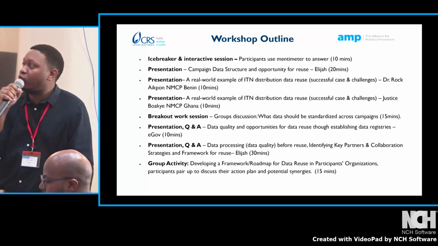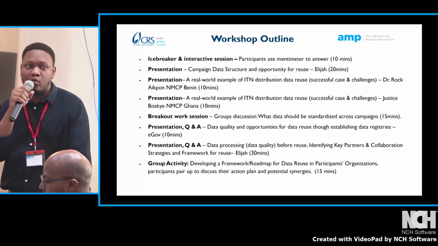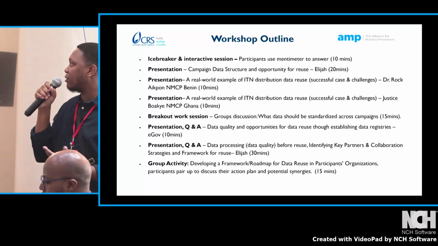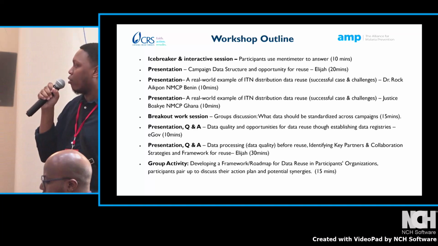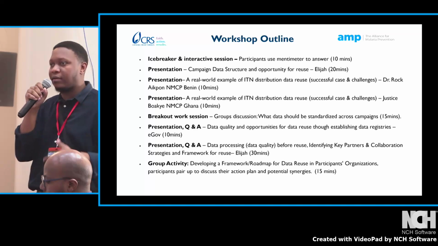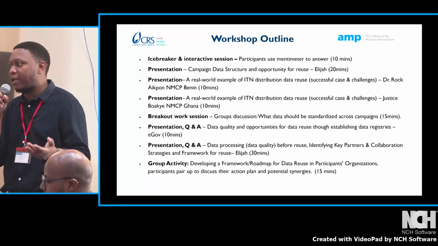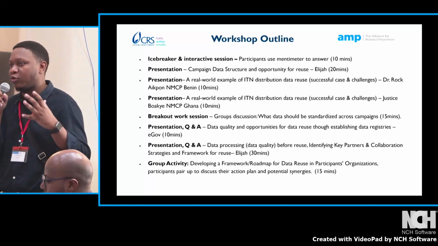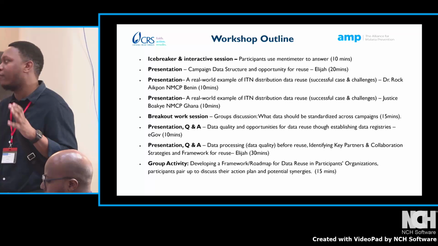Lastly, we will end with a group activity where we'll start to think about a framework or roadmap that could be developed for data reuse, applying it to our local context. So, initial thoughts on the design of a framework for data reuse.